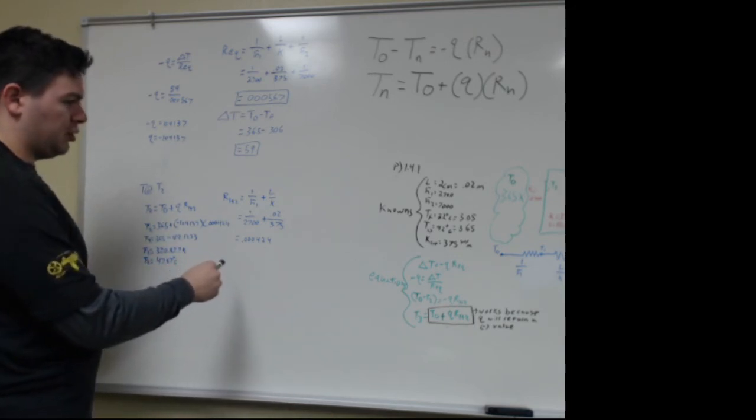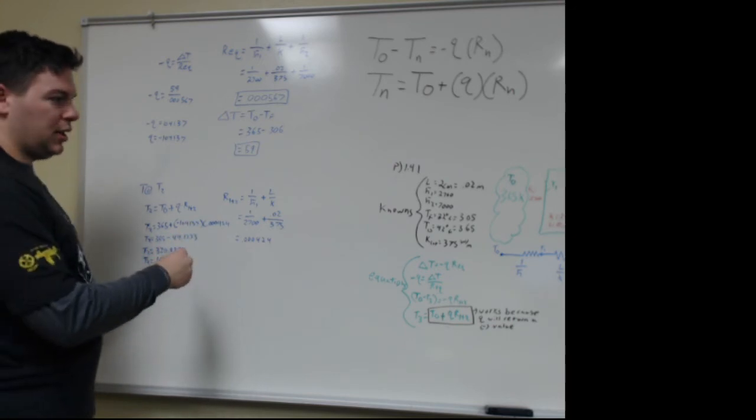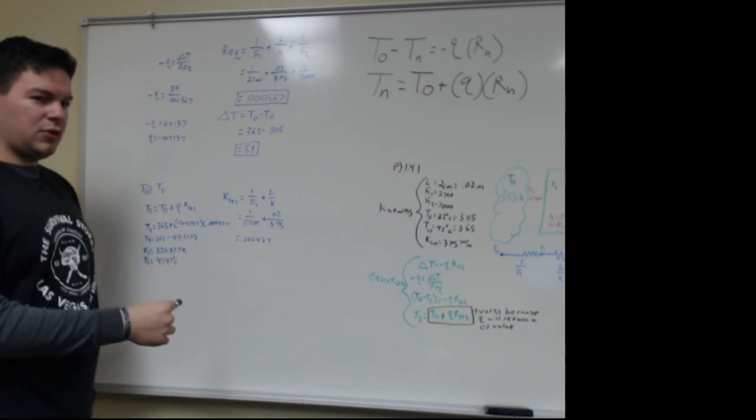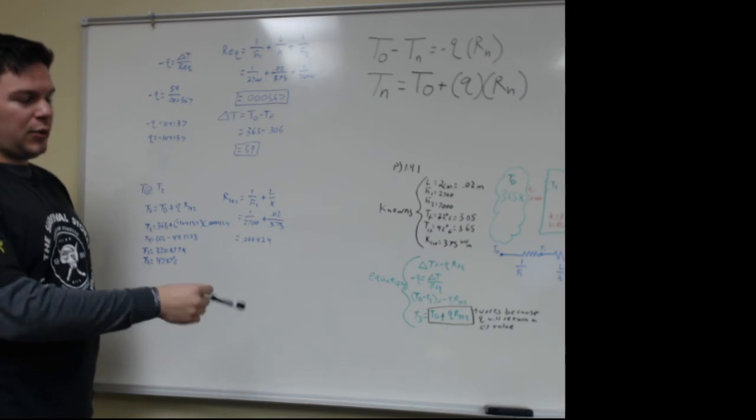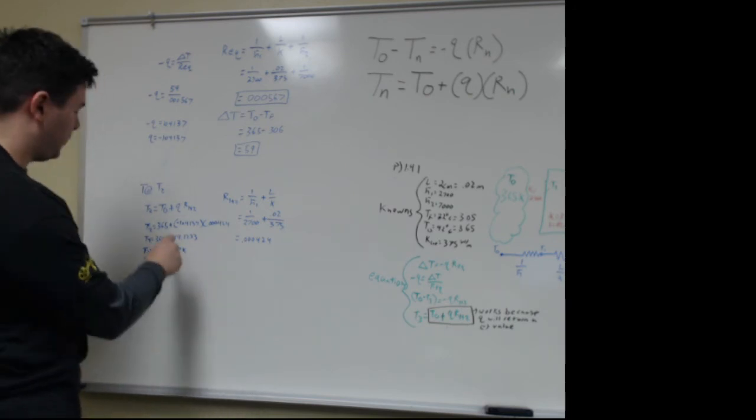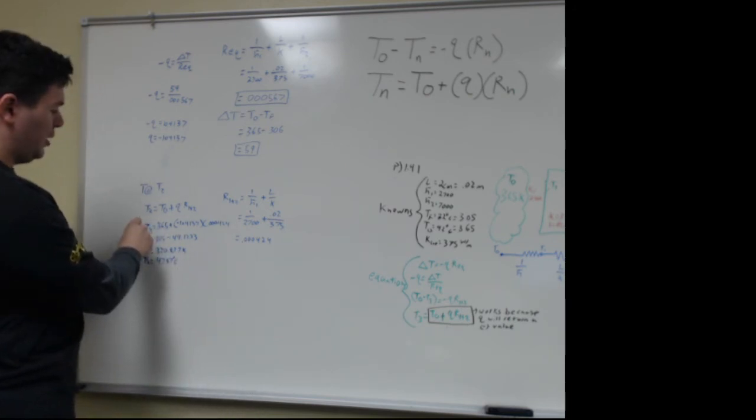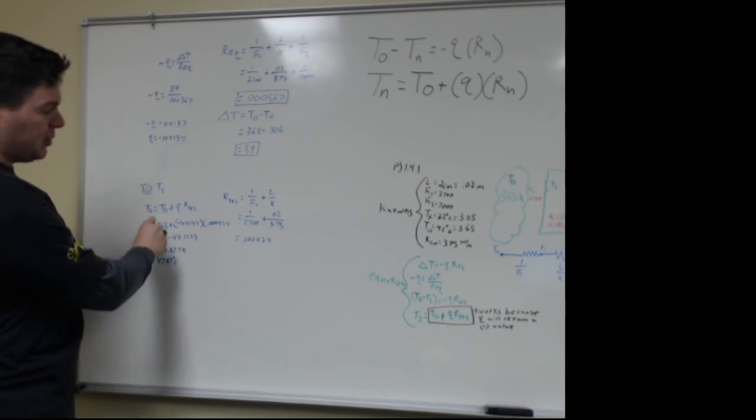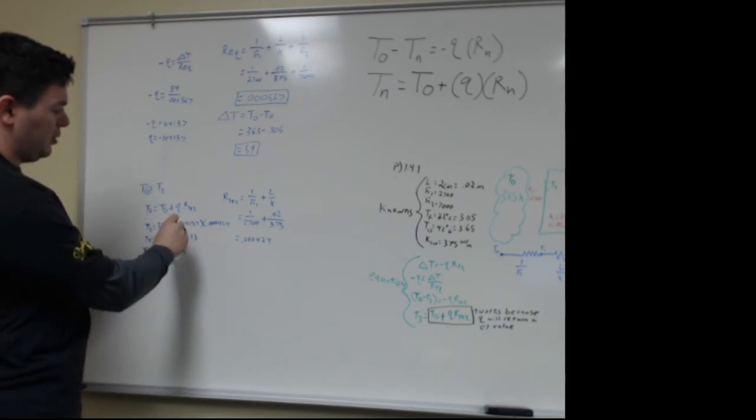So just a good check inside your system is if you're ending up with a higher temperature than where you started when it should be lower just by looking at the problem, you probably have a sign change or some wrong values. Come over here, we have T2 is equal to the initial temperature of 365 Kelvin plus Q of